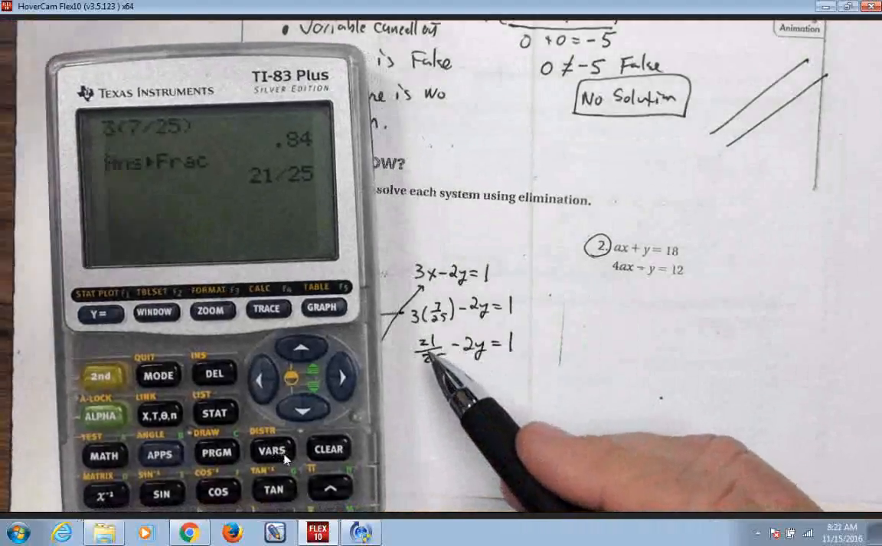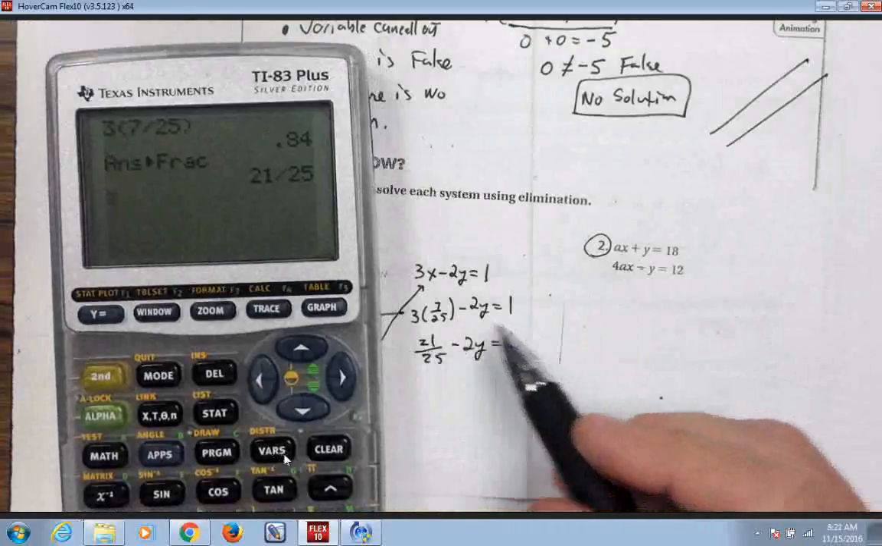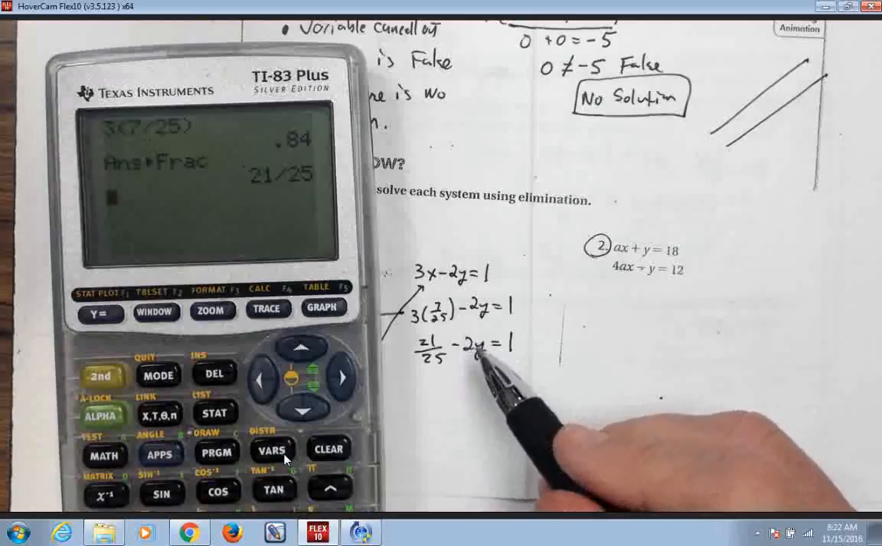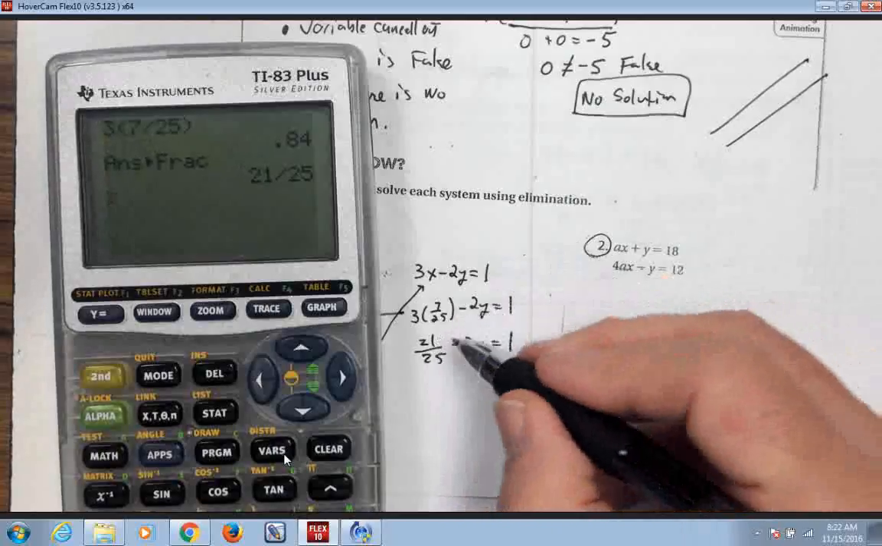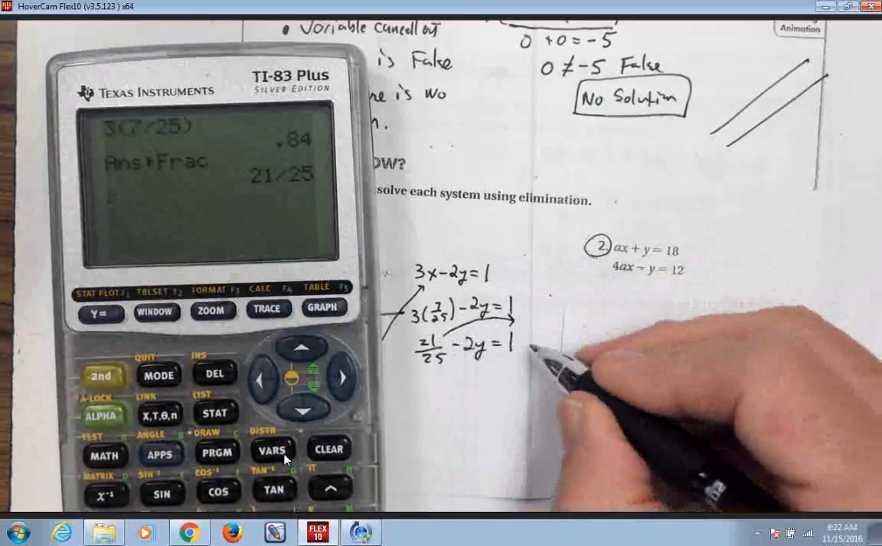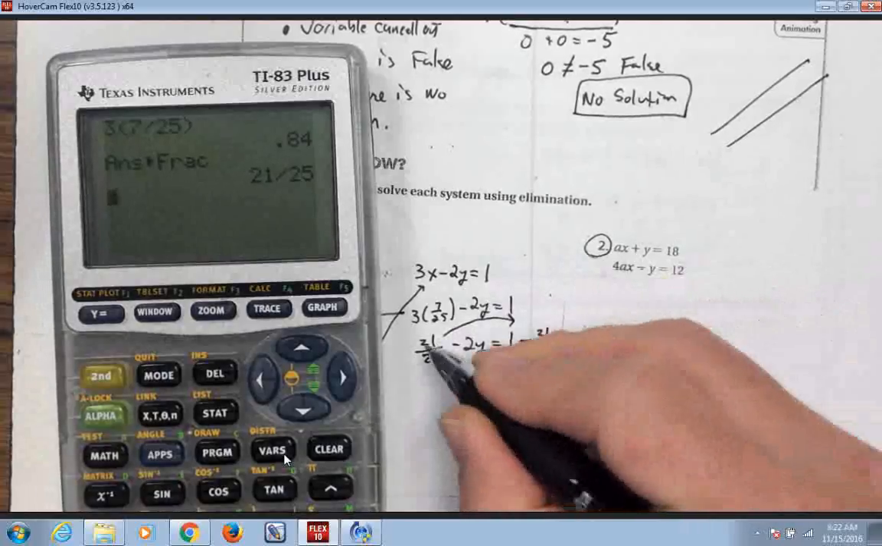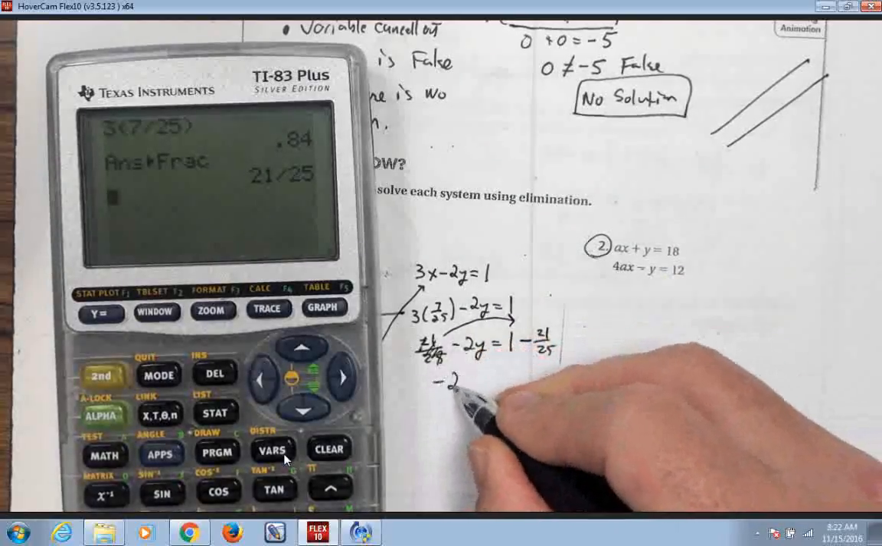I got to get constants on one side, variables on the other. That's a constant, that's a variable, because it has a letter attached to it. So let's move this over here. When it jumps across, it becomes a negative 21/25, and it's not there anymore, so I'm left with negative 2y